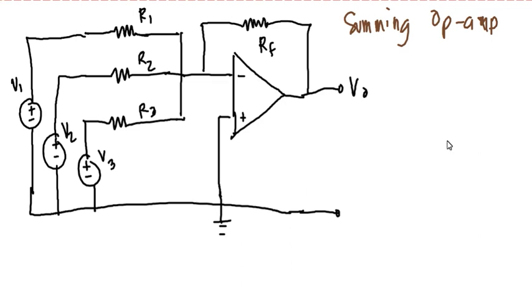So basically, if we look at our output, it is just the summation of the voltages entering here. So it will be the share contributed by V1 plus the share contributed by V2 plus the share contributed by V3. So those are the values we will look for. So our output voltage will be equal to,